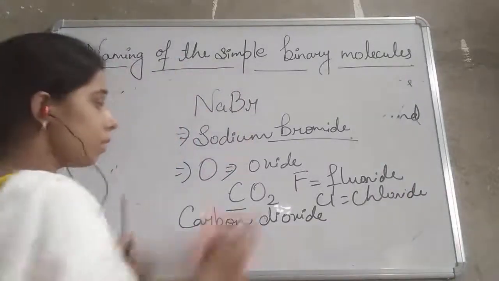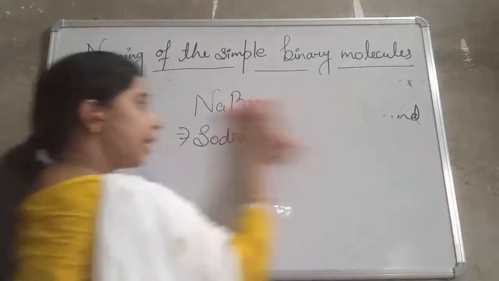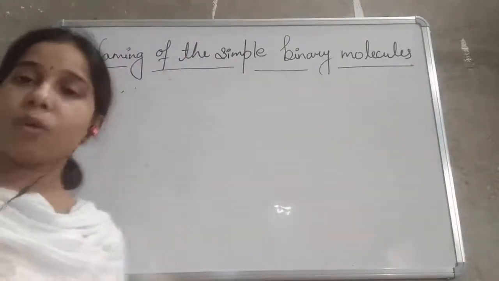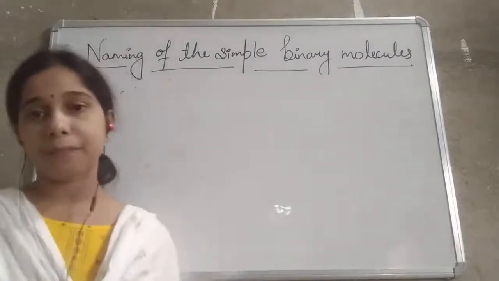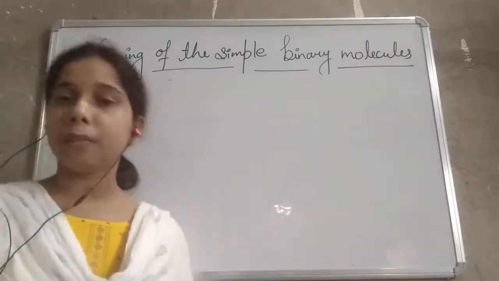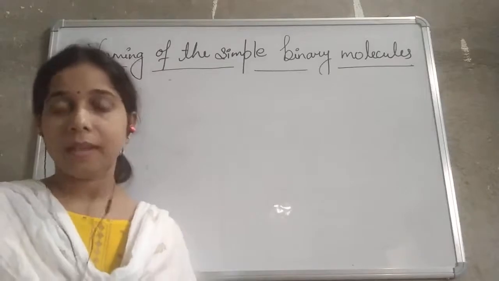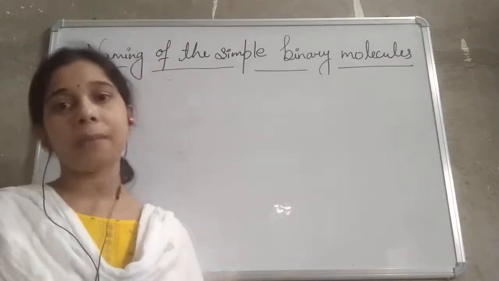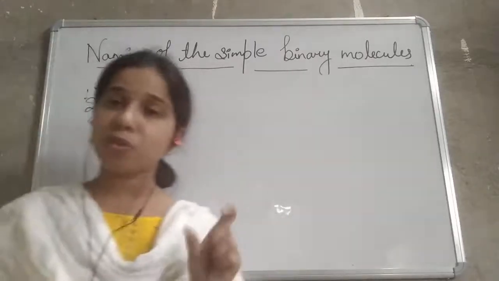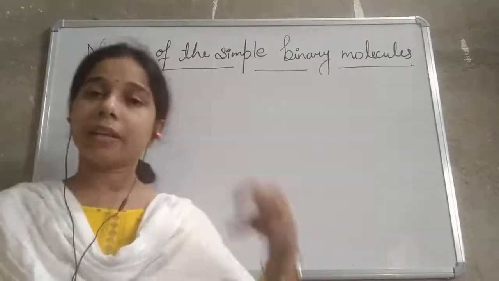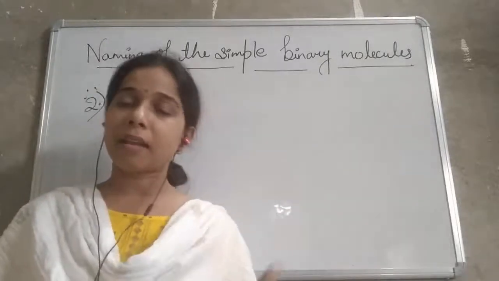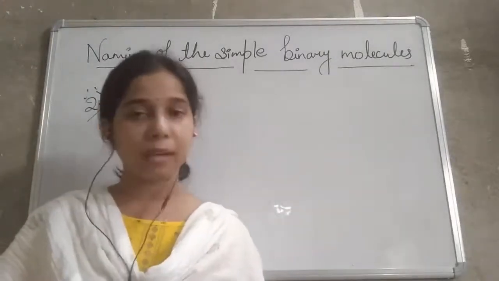Okay. So these are what? If a more electronegative element is there, then in place of writing the name as such, at the end of the name, we will add an "ide". Now, the second rule of naming of the simple binary molecule is that we should add the prefix. Prefix means the number of atoms attached with each of the elements. So we should always add the prefix for each of the elements by mentioning di, tri, tetra, penta, whatever the number of atoms present as a subscript in the given formula.